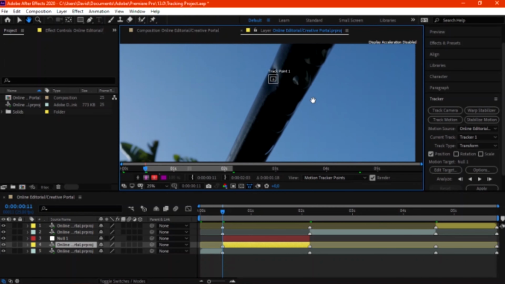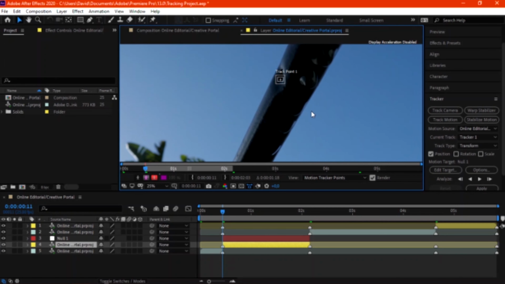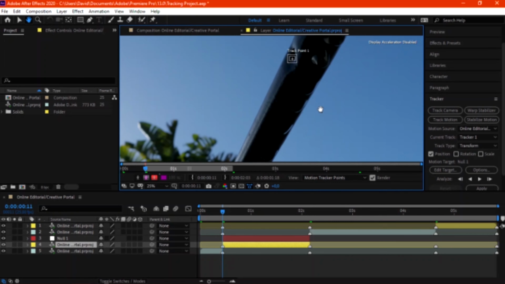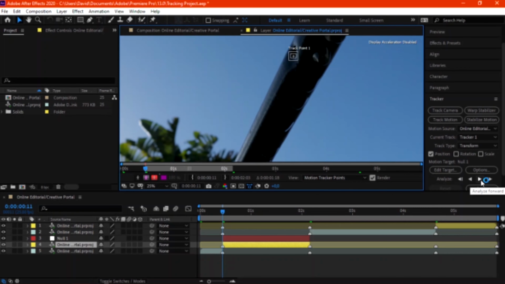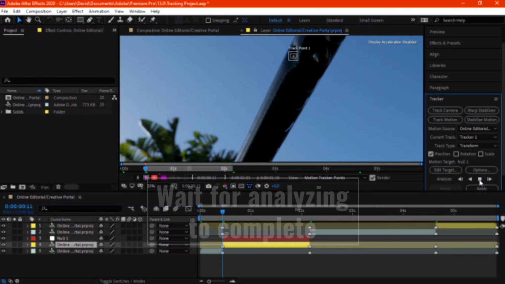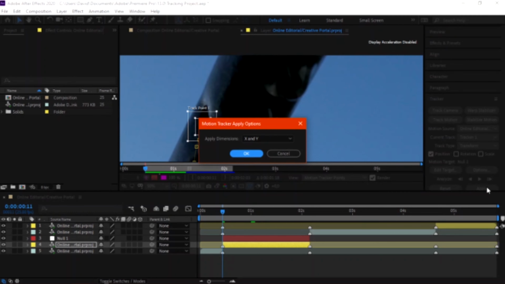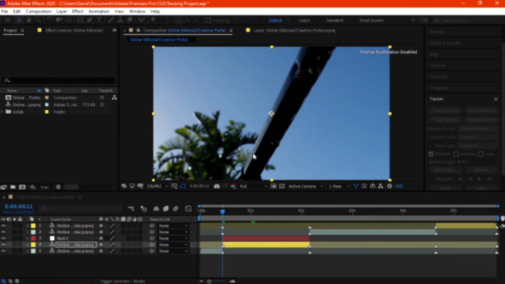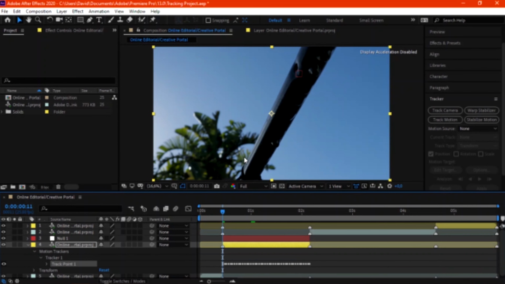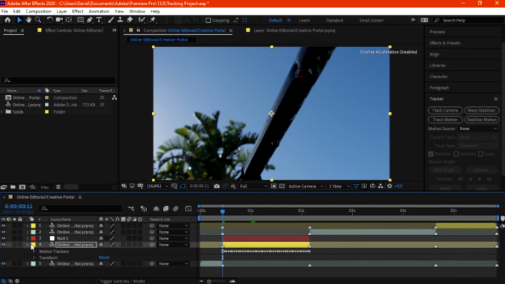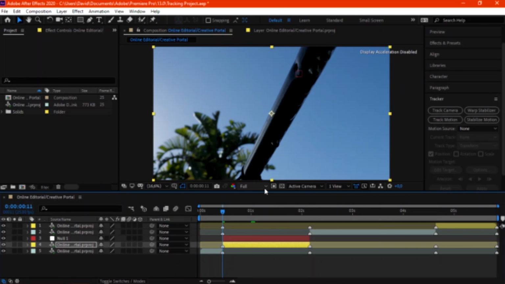I'm not going to show you guys the full step of doing that, because it takes a bit of time, and the video might end up being very, very long. So you just press analyze forward and wait for that to complete. Once it's completed, select OK.